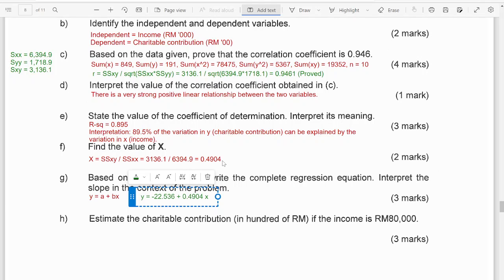And then to interpret the slope, in this case the slope b is equal to 0.4904. So kita ambil mudah so 0.49 saja. Okay, ambil yang dekat so 0.49, unless dia katakan gunakan 4 titik puluhan, dia kena gunakan semua lah. So b is equal to 0.49. So how to interpret this? The interpretation of this one is simply that for